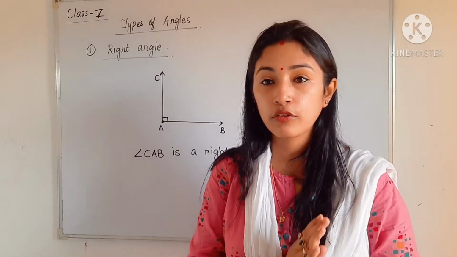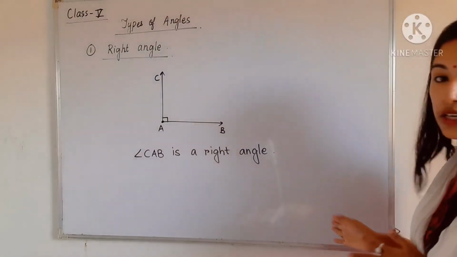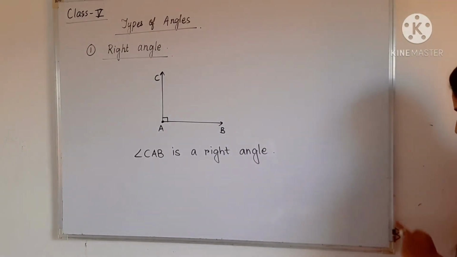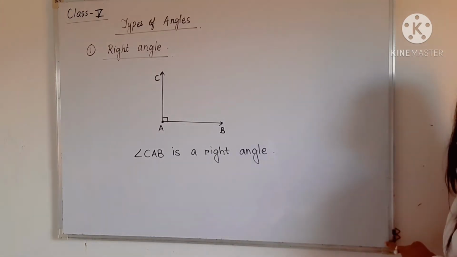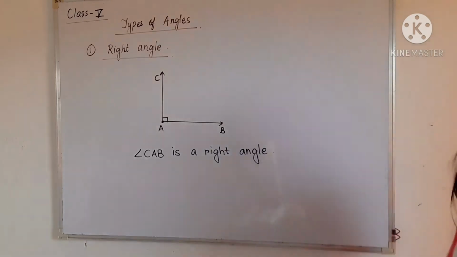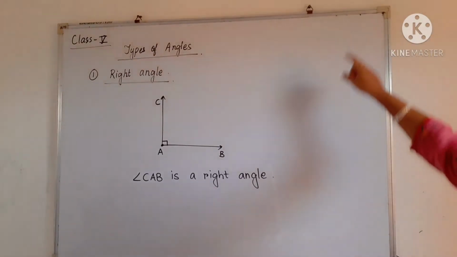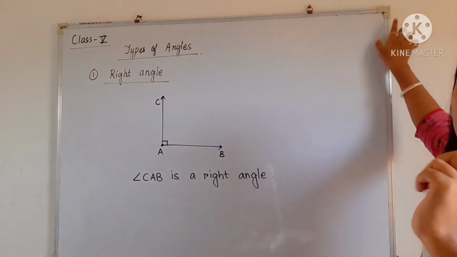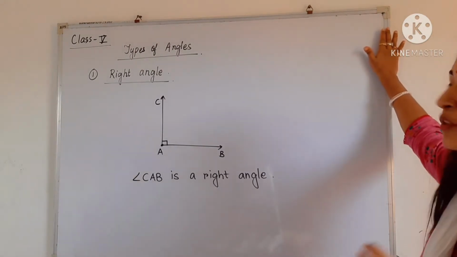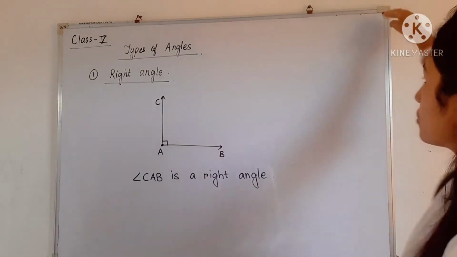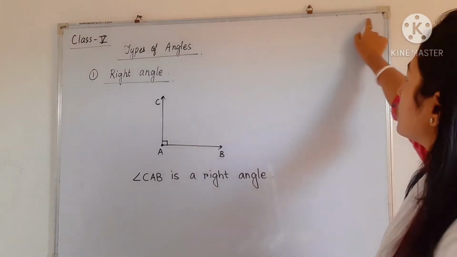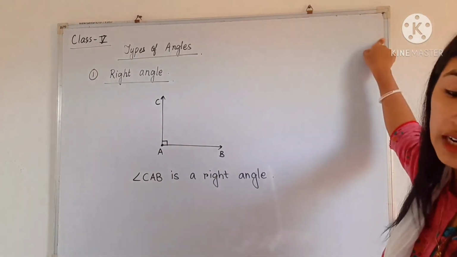The corner of the window, or here you can see this is a board, and these 2 lines share a common endpoint. This is the common endpoint, and this angle is called a right angle. Similarly, you can see the corner of this board, which is also forming a right angle. This one is a straight line, this is also a straight line, so these are forming a right angle.